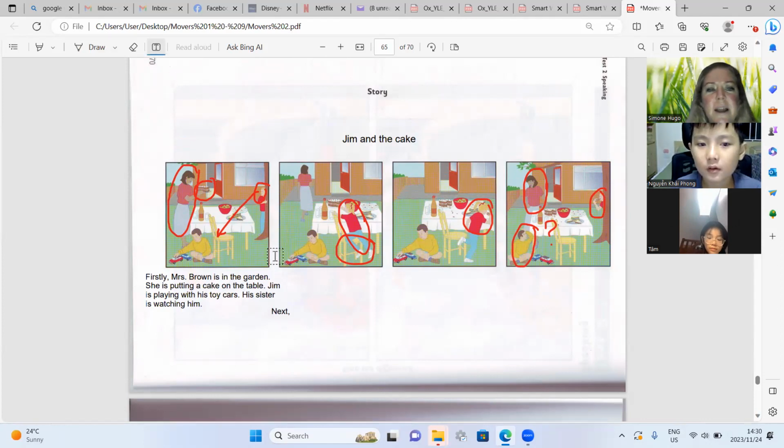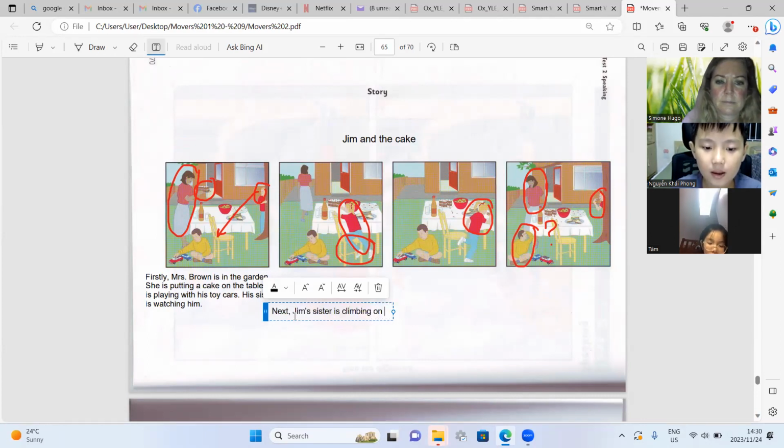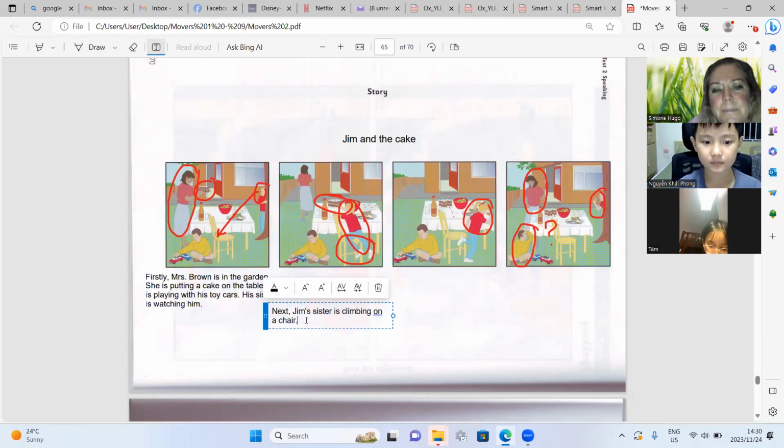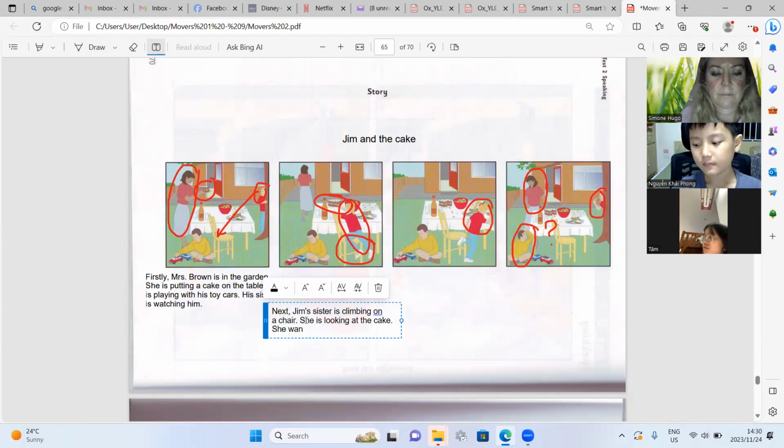Jim's sister is climbing on a chair. And she is looking at the cake. Does she want some cake? She wants some cake.